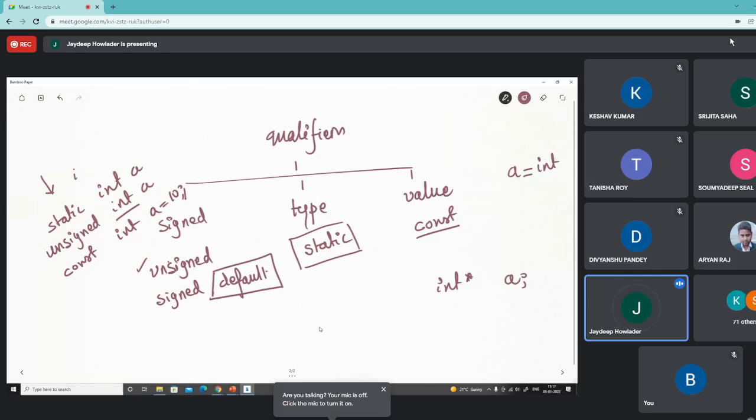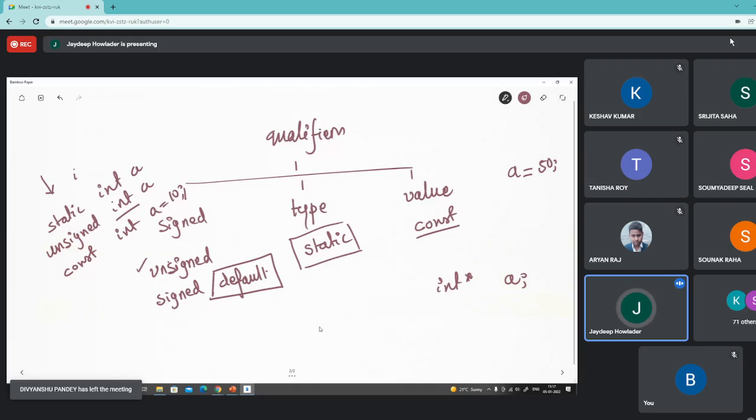Let there be a variable, say b, which has the value of 50. Now a is another variable which captures the address of this.